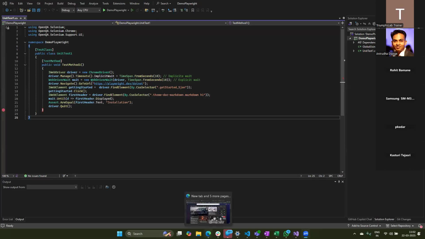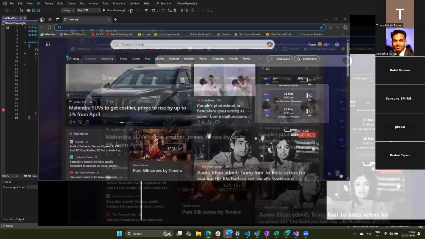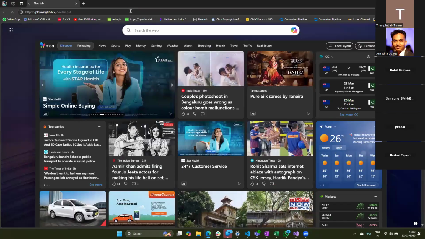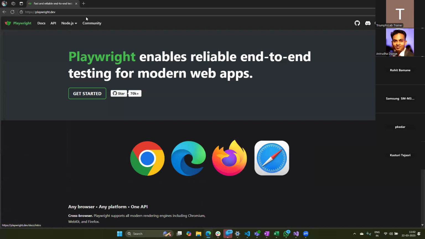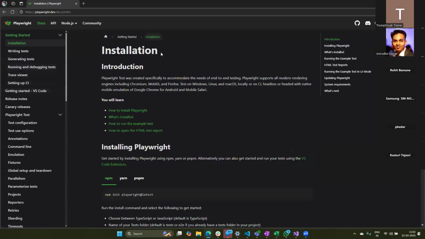Okay, let me pull this on the other side. Okay. So now coming back, right? Let me open a web browser. And what I'm doing is I'll go to the website called Playwright. Okay. This is the Playwright official website. And what I'll do is I'll click on the getting started button. Once I click on it, I'll just check whether the header is present or not, right? And the value that you're getting in the header is Installation or not. This is what I'll be doing. Very simple, right? Okay, let's do that.